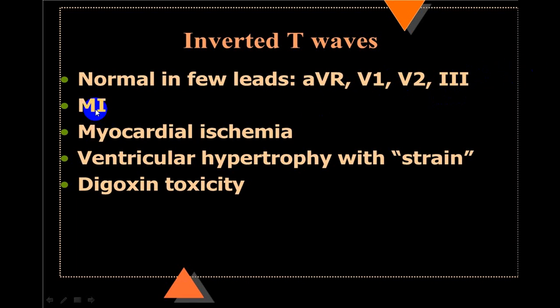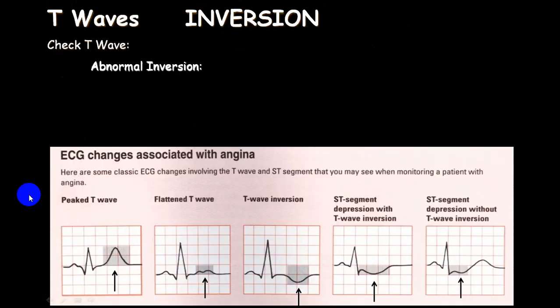But if you get an inverted T wave in other leads, it may be because of an old infarct or because of myocardial ischemia, like unstable angina, or a strain pattern in the case of ventricular hypertrophy like RVH, LVH. In hypertrophic obstructive cardiomyopathy, you can have an inverted T wave along with the ST changes. And in a case of digoxin toxicity, it can be an inverted hockey stick mark, or we call it a mustache sign. Now I'll show you different T wave shapes.